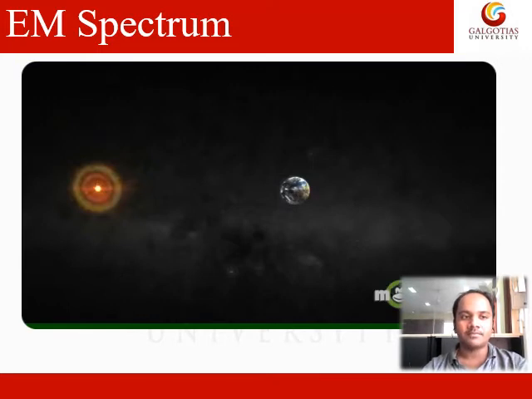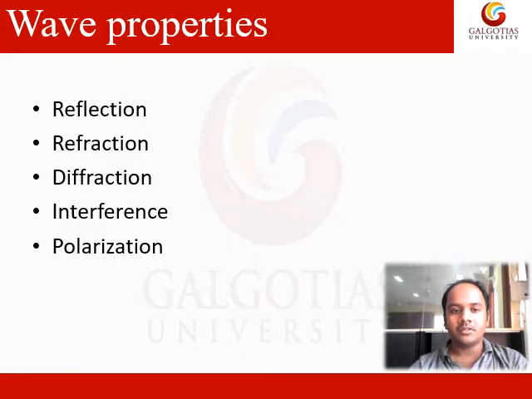So this is all about the electromagnetic spectrum. Now let's understand light in wave nature. Wave nature consists of different properties. When light satisfies all these properties, only then will it be considered as wave nature. Light shows all these behaviors: reflection, refraction, diffraction, interference, and polarization. These are the different phenomena which we will discuss in further classes, one by one in depth. You'll understand how wave nature is used in these different phenomena.